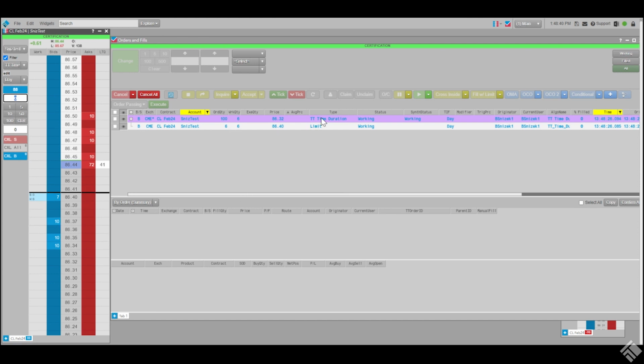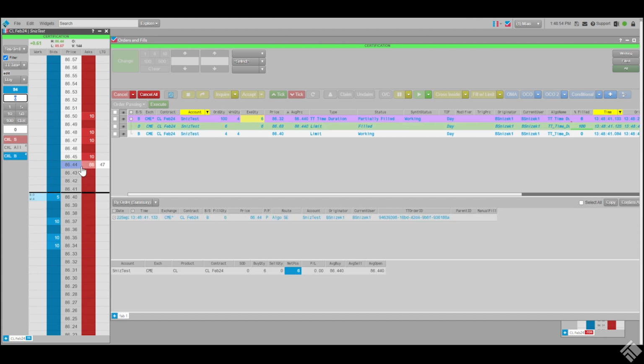All right, great. So here's our order. It's working it right now, so it's purple. So you're seeing that it's got a child order that's working. It's managing this order at 86.40. That was the bid that it joined. So there's our 6 lots that are working, the first 6 lots. All right, now it just paid up. It paid up, 86.44 we got filled, and now the next 4 went out,